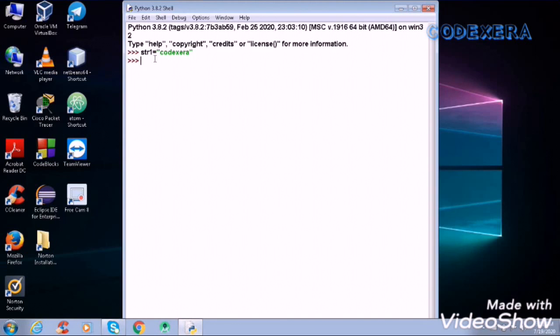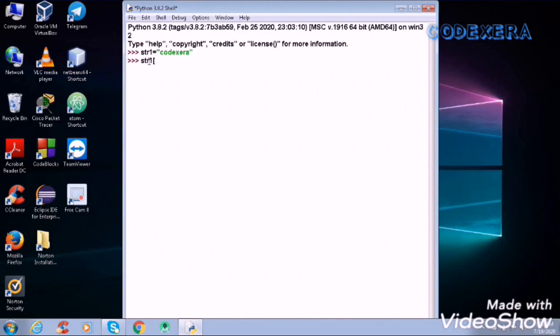So for indexing, if you have learned some other languages, then you know what indexing is. Indexing is simply the position of every character in a string, from 0 to the last letter in that string. It will start from 0, 1, 2 and so on. That is the index number. By using the index number we can call every character in the string, and we can do many operations on that later. I will show you how to do that.